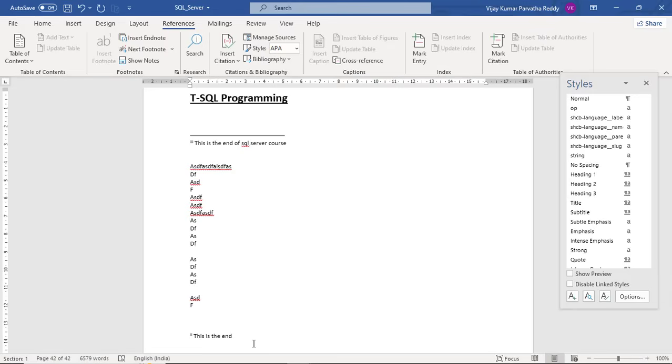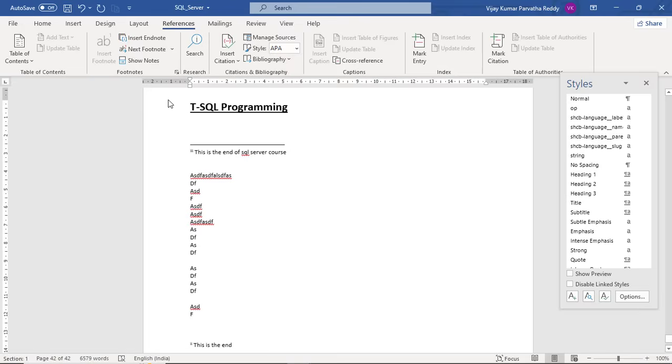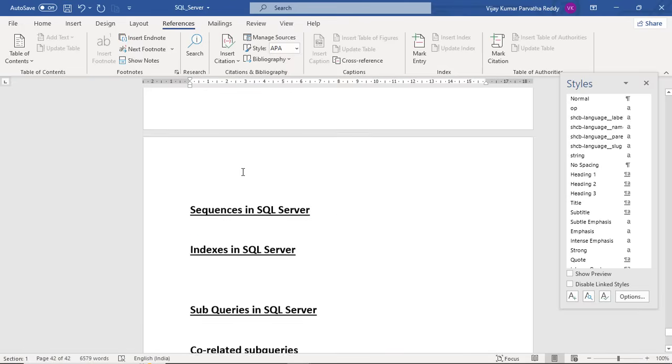So like that you can insert footnotes and endnotes, and you can even go through footnotes or endnotes. See, previous footnote or previous endnote. That is the previous endnote area, and previous endnote. So like that you can navigate also.